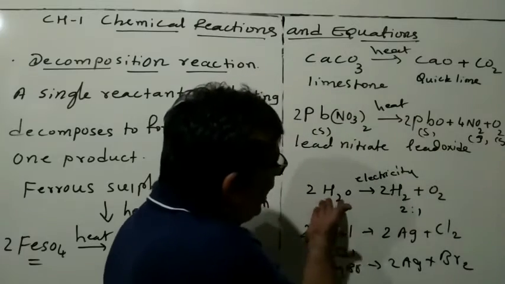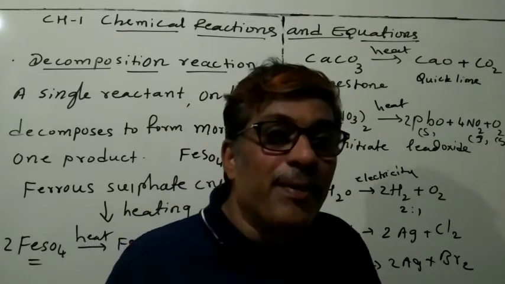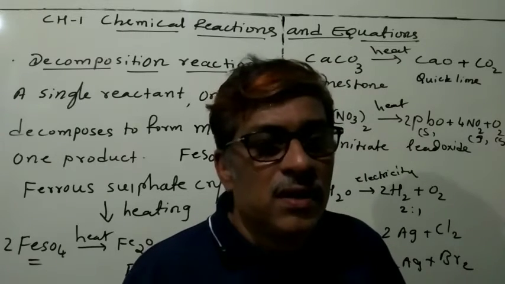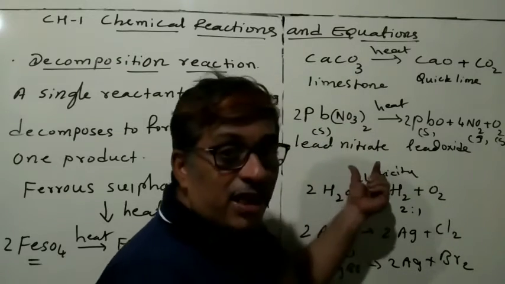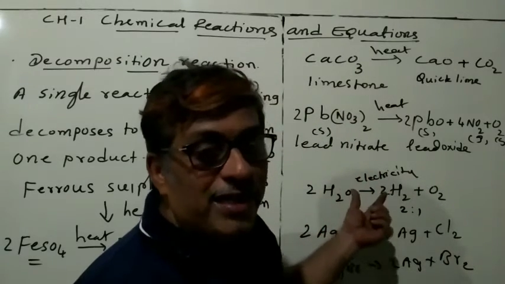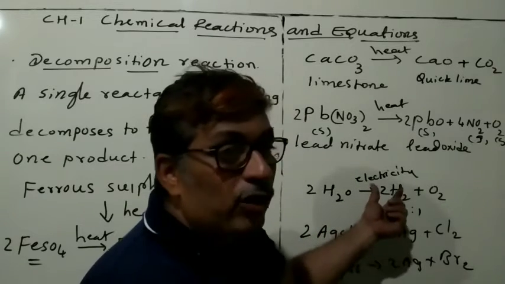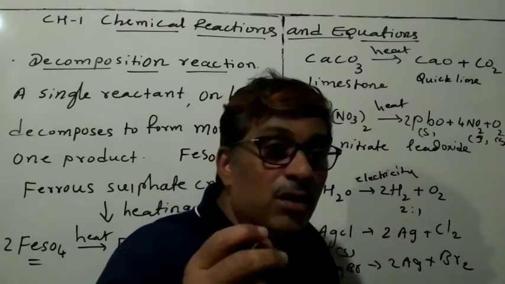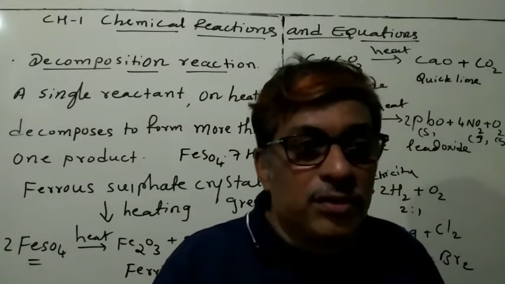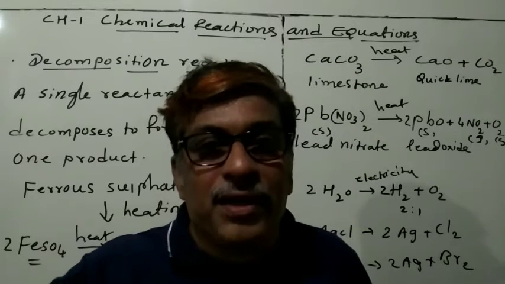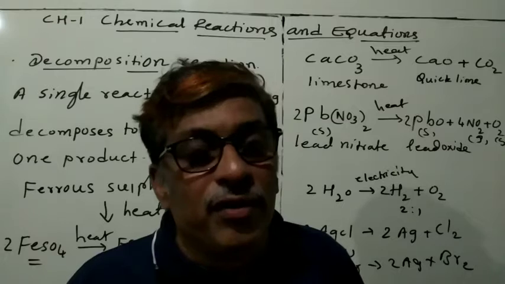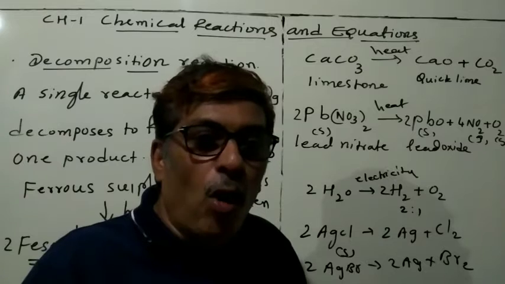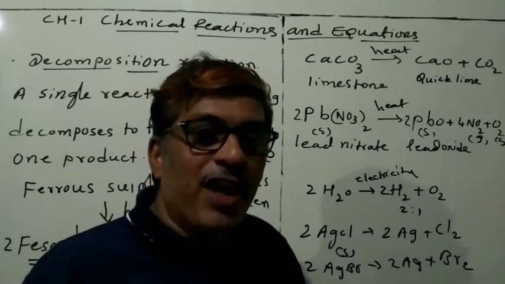But here, water molecules you are breaking by passing electric current, and for this you have to make a special arrangement of electrodes. This is done by passing electric current, so that is why it is called the electrolysis process. Here we will get hydrogen gas and oxygen gas. Then how will you test the hydrogen gas? When this hydrogen gas is brought near a burning candle, it produces a pop sound. This is the identification of hydrogen gas.